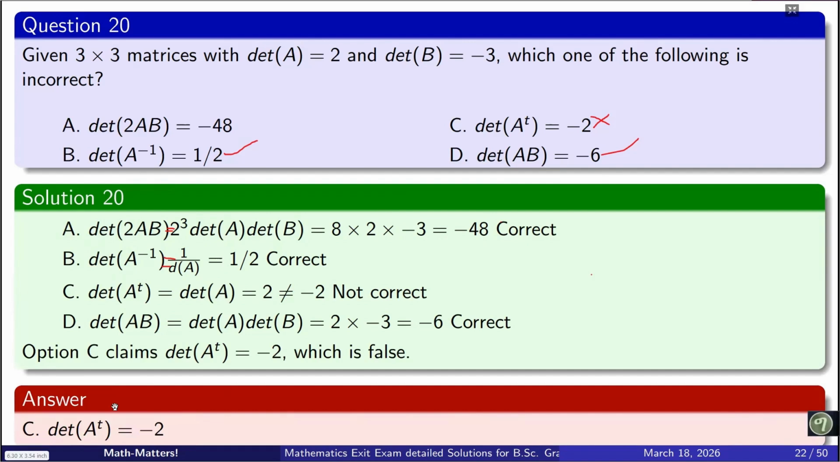Yeah, the answer is C. That is the determinant of A transpose equal to minus 2. It must be positive 2, which is identical with the determinant